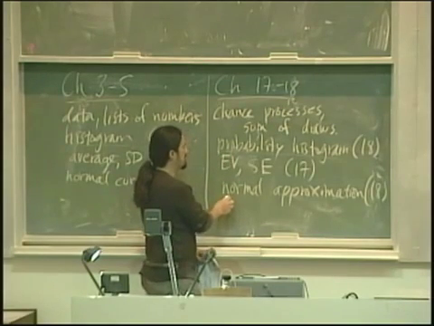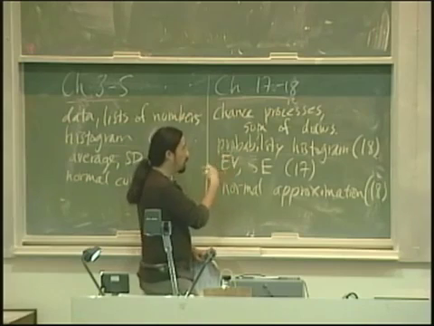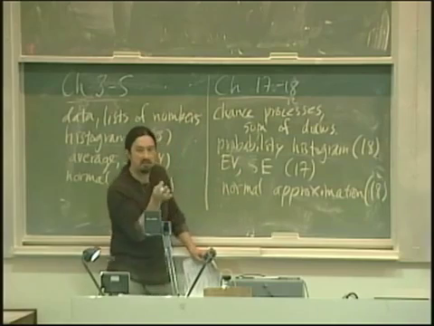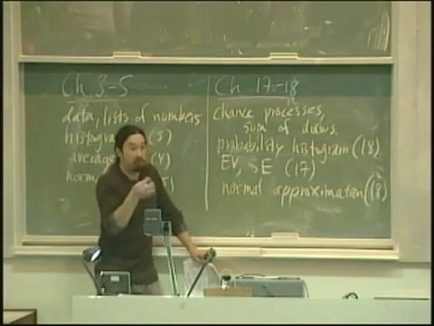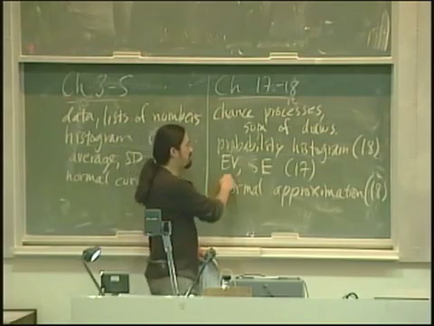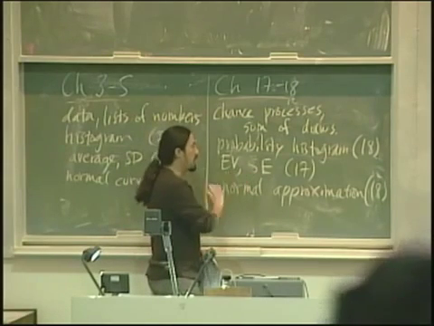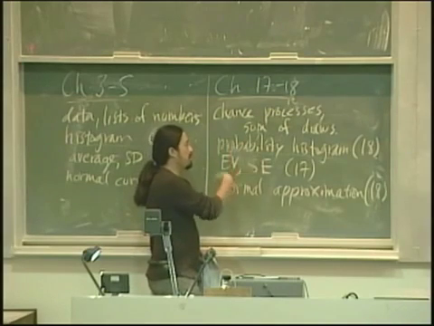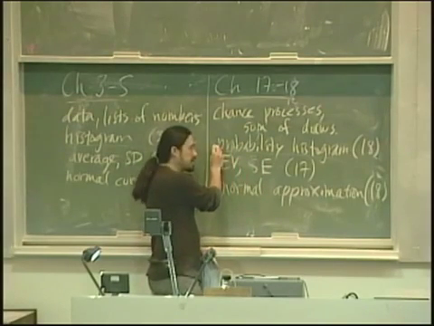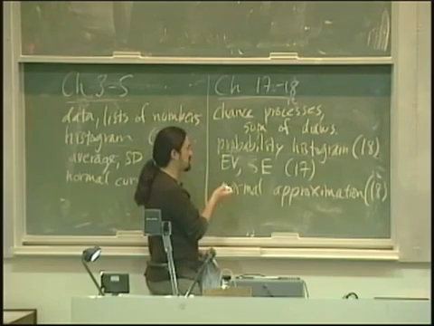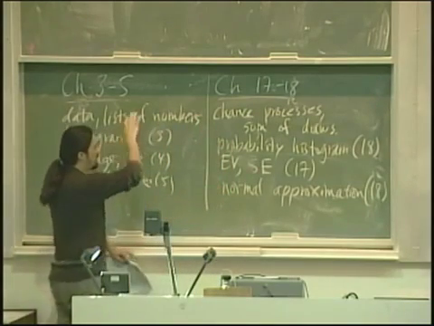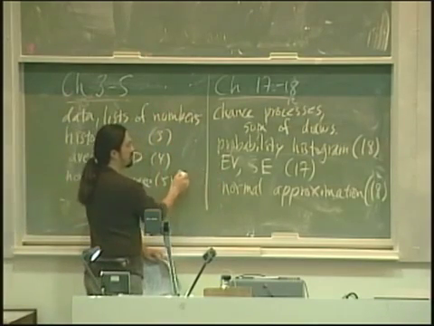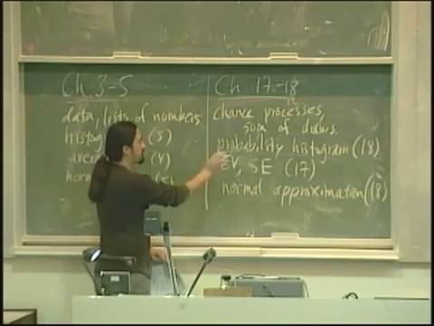So we're essentially saying that what could happen looks like the normal curve, right? We don't necessarily have any data. We don't have to actually toss any coins to say that if we did toss 100 coins, we expect to get about 50 heads, give or take 5. So we don't have to actually toss any coins to make what's called a probability histogram. But we need to know something about probability. Okay, so I'll get into this in a little bit. I haven't quite finished up chapter 17, but I wanted to open things by getting your mindset in this big picture idea that there are a lot of similarities between what we're doing now and what we did before. It's just a different context.